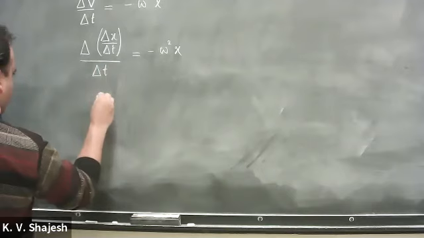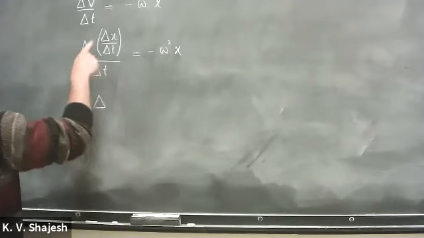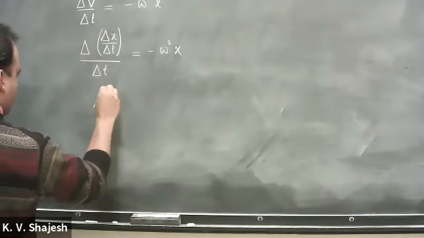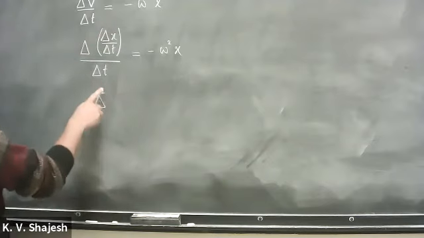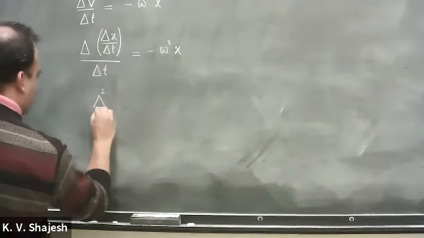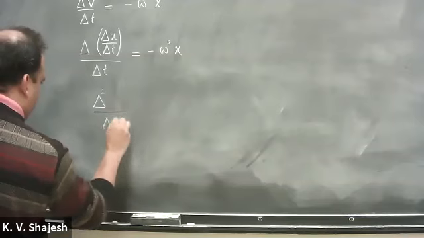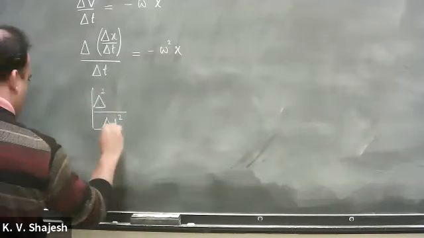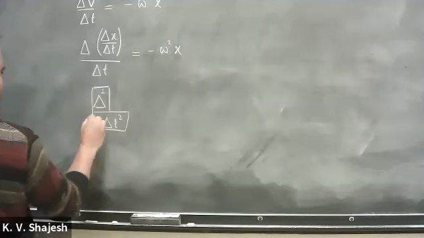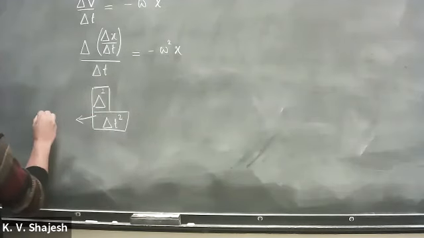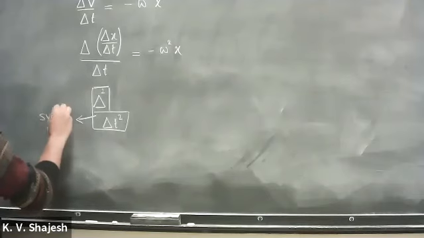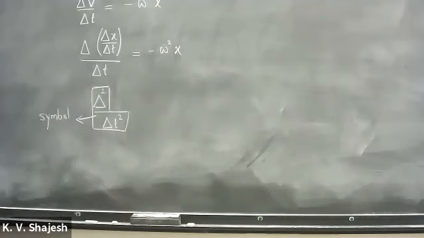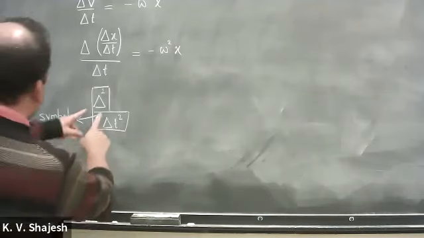So we are going to say change in something will be denoted by delta square and delta t square. This is just a symbol, which should be treated as one piece. Right? So this whole thing is a symbol. You won't be using it too much, but I don't want you guys to get confused.